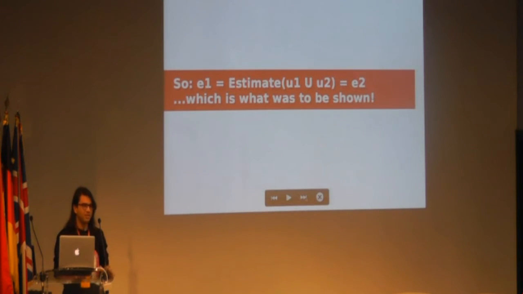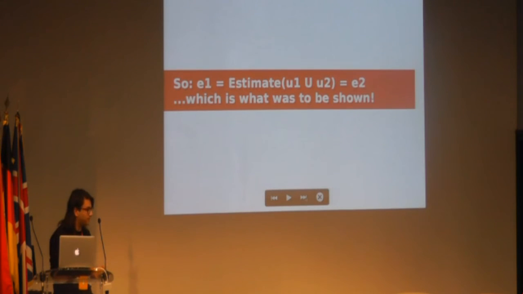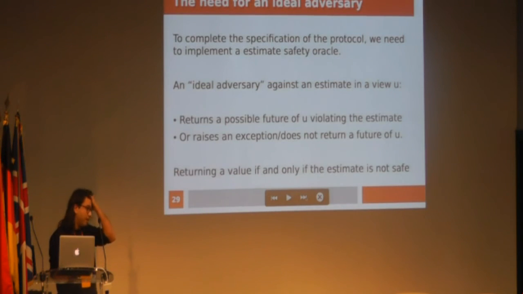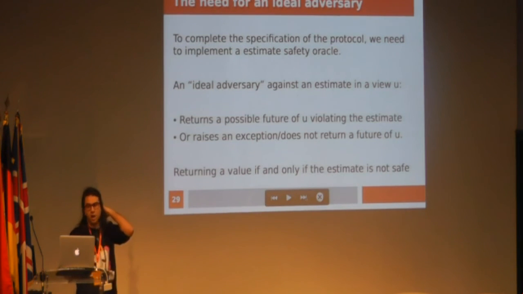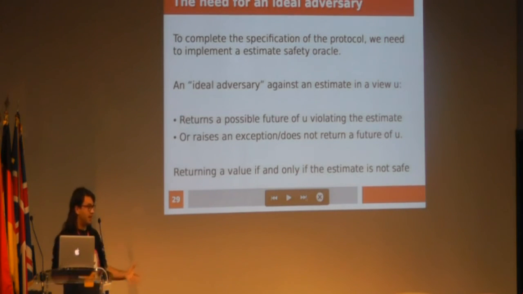Really was 3 slides with very little text on it. And that starts to show you the elegance of the correct by construction approach. But the thing is that we use the safety oracle, right? We just had the safety oracle tell us whether an estimate is safe before a node decided on it. And so basically what we need to do is find an implementation for this oracle in order to complete the specification of the protocol in this correct by construction manner, where basically the protocol specified in this manner will satisfy and inherit the properties of safety that I get from this proof that I just shared.